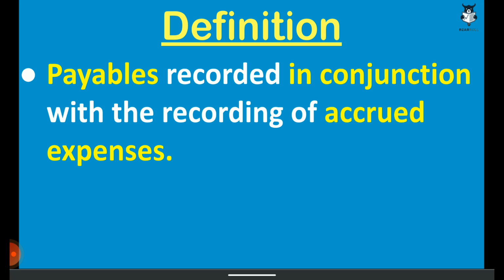In the previous video we studied that accrued expenses are those expenses which have been incurred but have not been paid. For example, if we incurred the electricity bill but we are going to pay for it in the next month, this means that we have accrued an expense. Since we are going to pay it in the next month, corresponding to the accrued expense there is also an accrued liability. We have also incurred a liability. So that is the concept. Remember that accrued expense and accrued liabilities are the two sides of a coin. You incur an accrued expense and at the same time you incur an accrued liability.